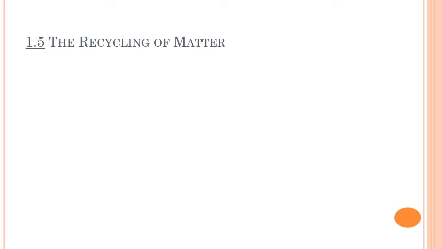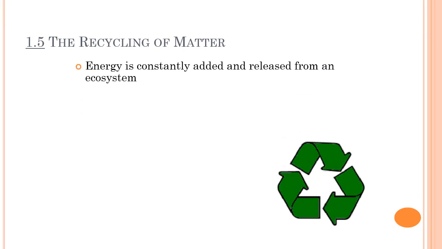Next, we're going to talk about the recycling of matter because, like we've seen in the food chain, matter keeps flowing through the system. It ends at the tertiary consumer. However, the matter even comes back and goes through as a decomposer and it gets recycled. We're going to look at different ways some key elements and key materials get recycled through the biosphere or the